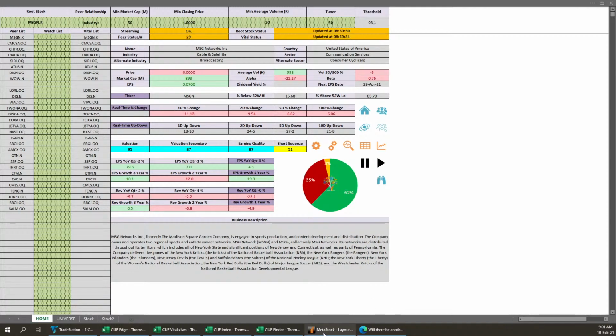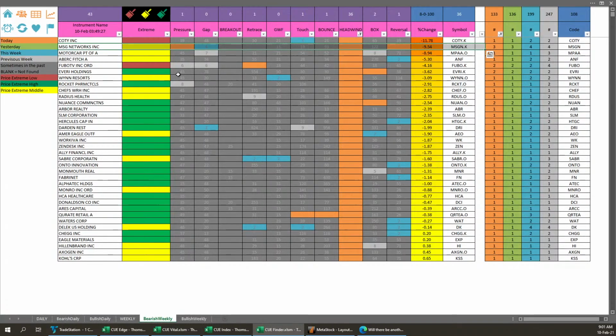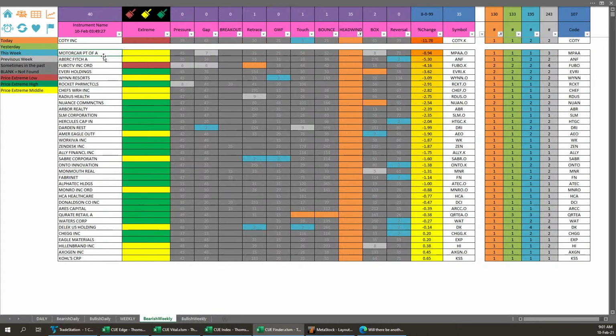So MSGNK, how did we come across that? We came across that as a stock having weekly bearish headwind, but we are not going to short it because the industry was not clear, at least to me yet, whether we should use primary or secondary. One was strong, one was weak, and the fundamentals were strong, too. So let's delete MSG Networks from the view. Let's look at, why don't we look at the next one, motor car